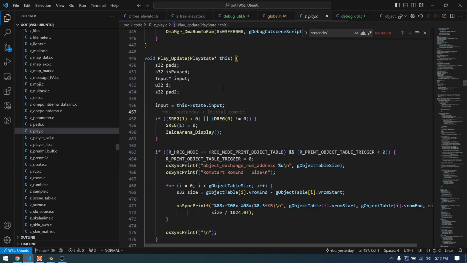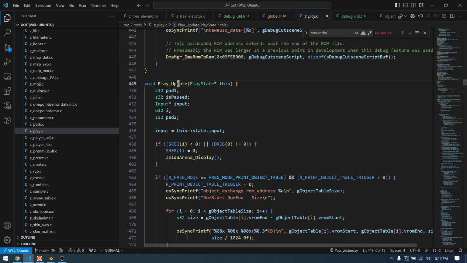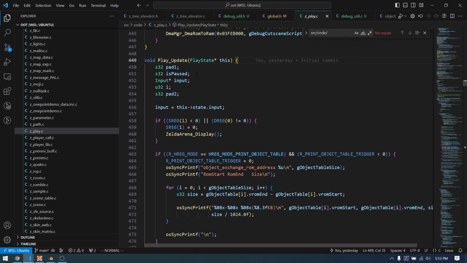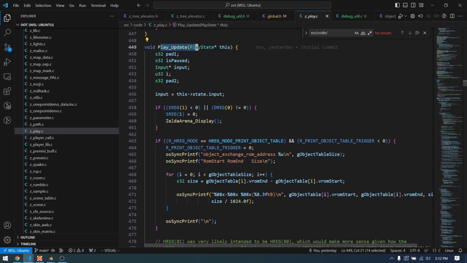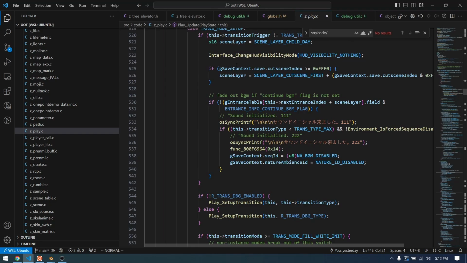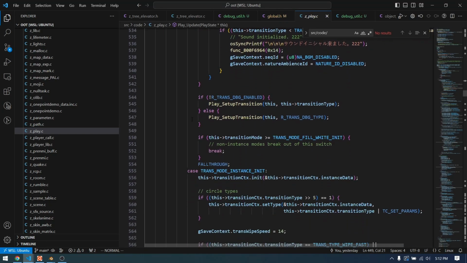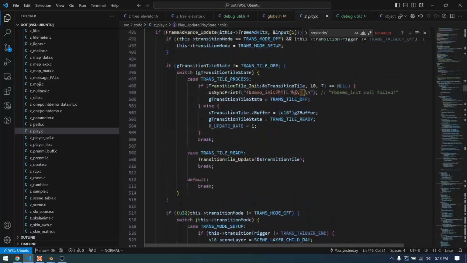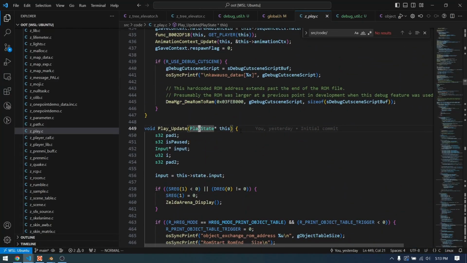All right, next, we're going to open up zplay.c. We're going to look for this play update function. This is the main game loop. This handles every frame, this play update calls, and this is doing all of the stuff. You know, it's drawing the interface, it's drawing the world, it's updating all the actors. We're going to go to the very end of this function,